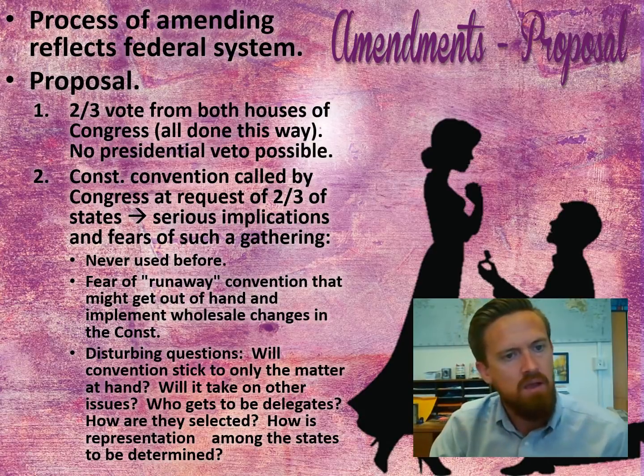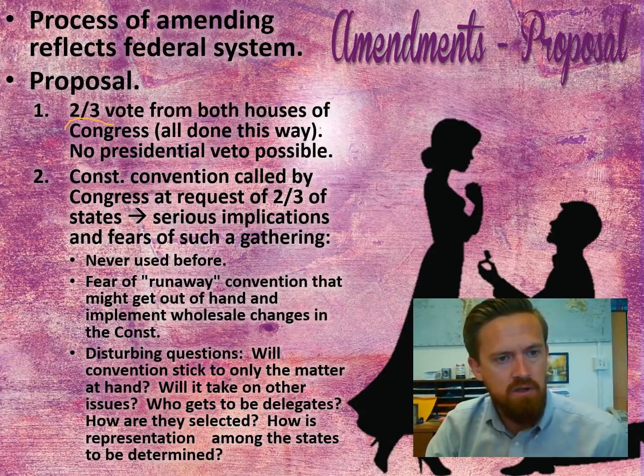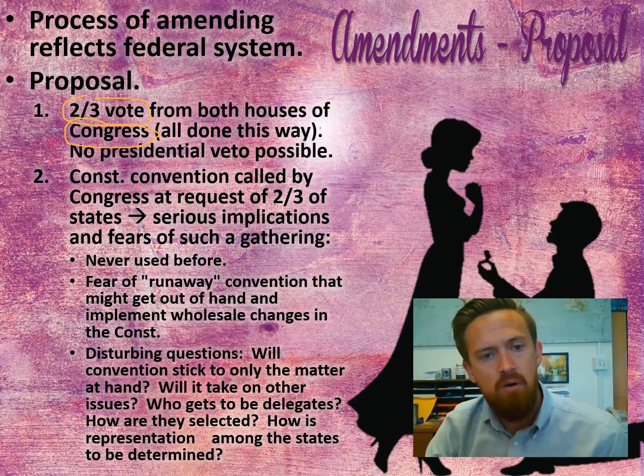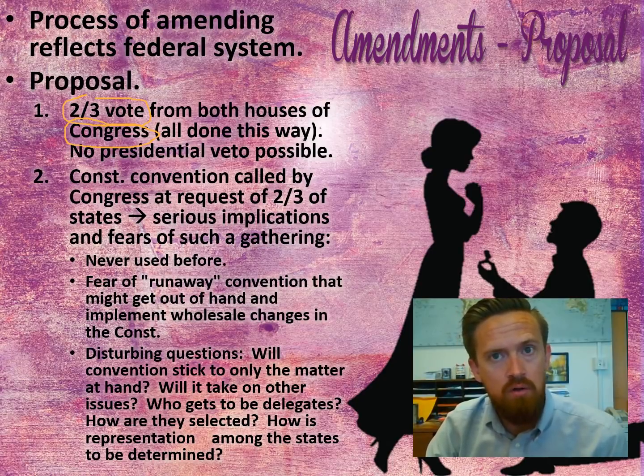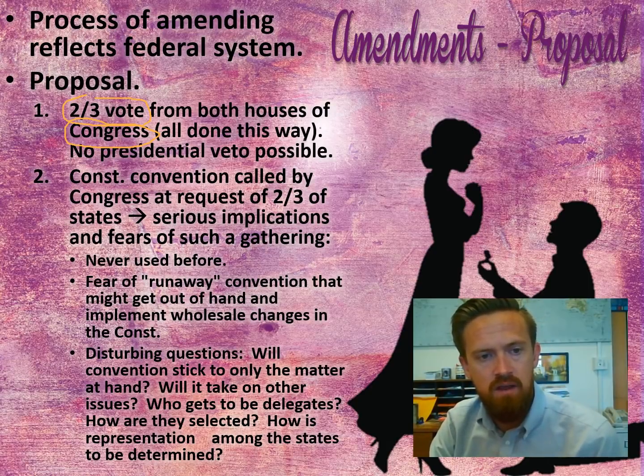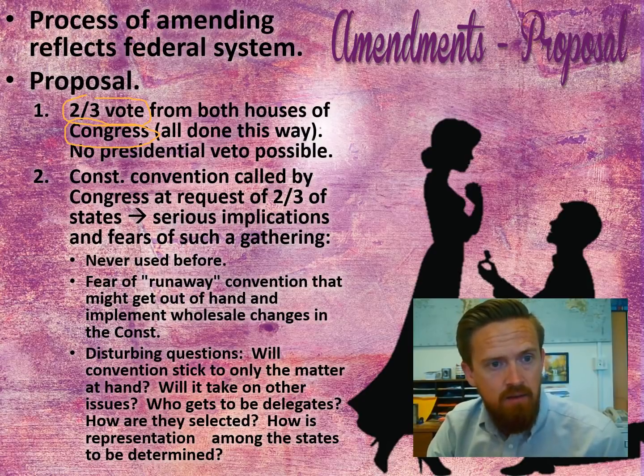weapons, to ban them. So Congress holds a vote on the amendment, and they have to get a really high number. They have to get a 2/3 vote from both houses in order for it to move on. The president plays no role in the amendment process. So, Trump would play no role today. Then the measure is going to go to the states, and